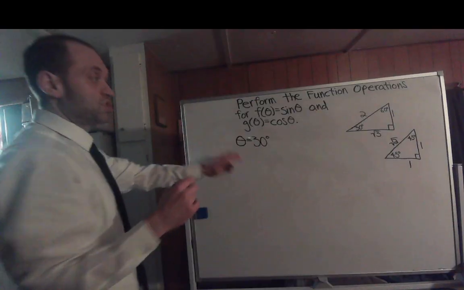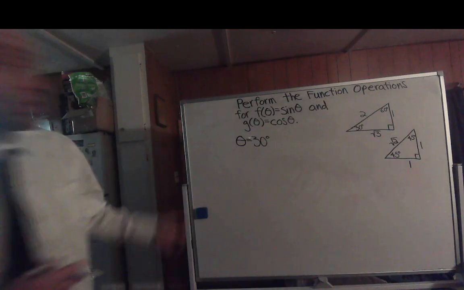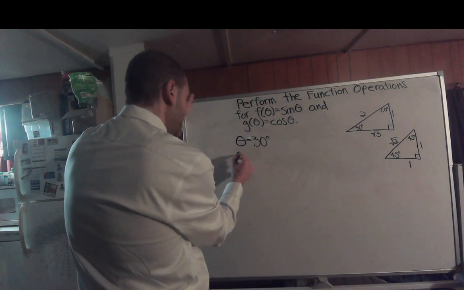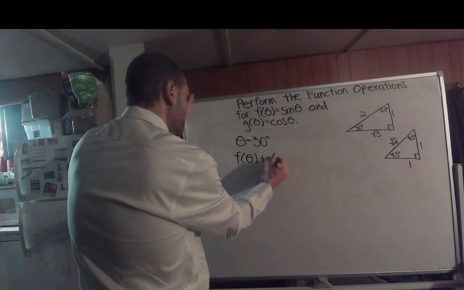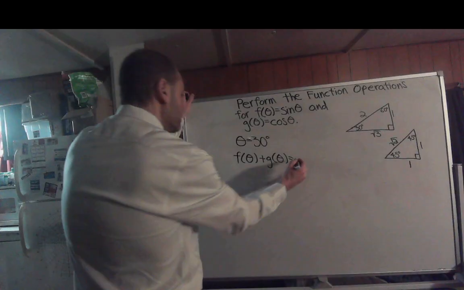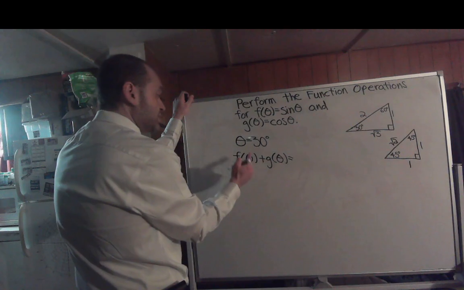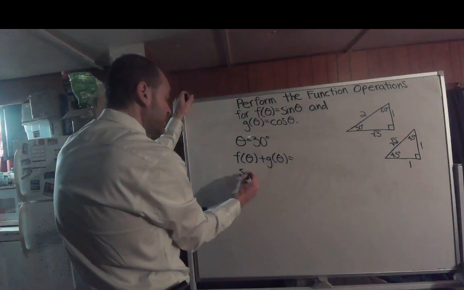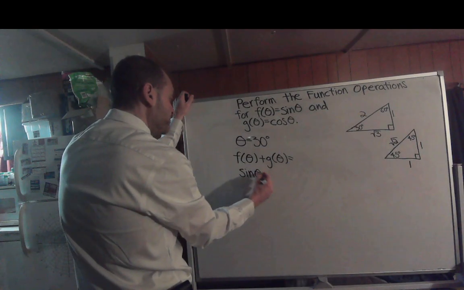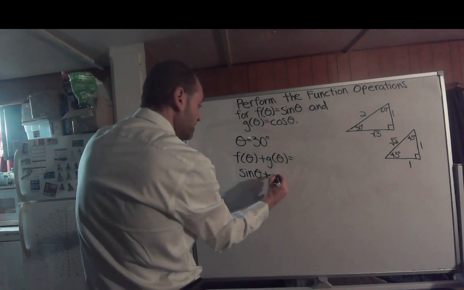They want us to find f of theta plus g of theta, which in this case, theta's 30 degrees, f is sine, so this would be the same as the sine of theta plus that g of theta, so that would be the cosine of theta,